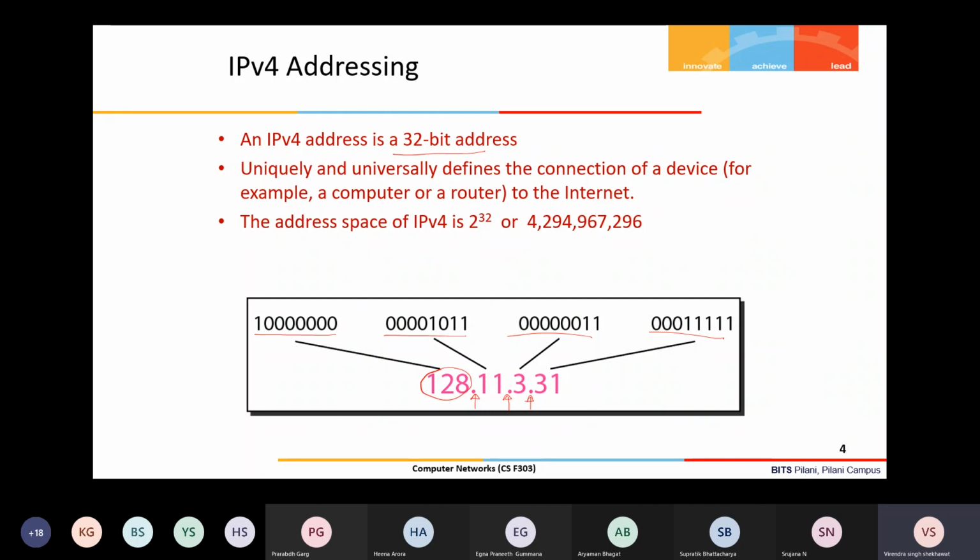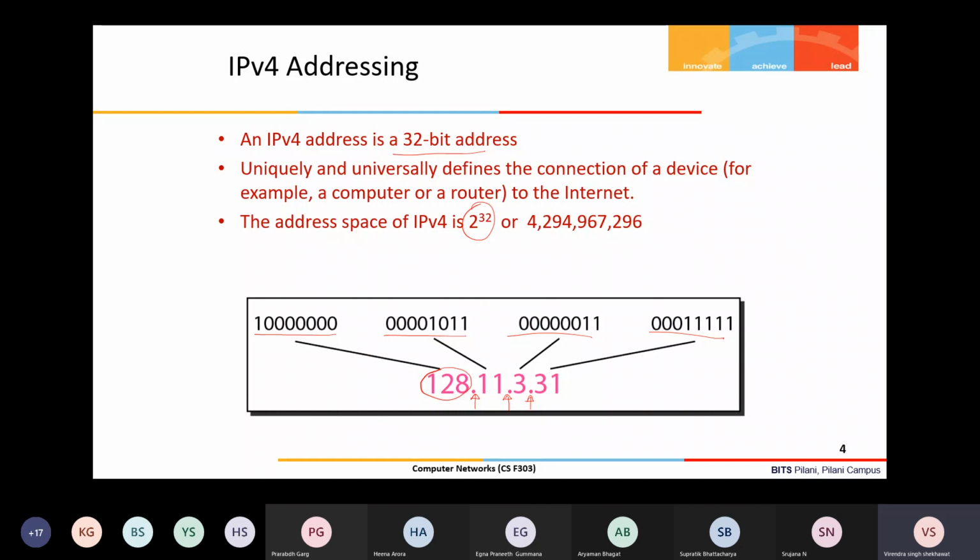Like if we have 50 students in the class, every student should be identified uniquely. Your BITS ID is unique, but a name cannot be unique because names can be the same. So we need some unique identity, so that each individual can be accessed or contacted. That's the purpose.